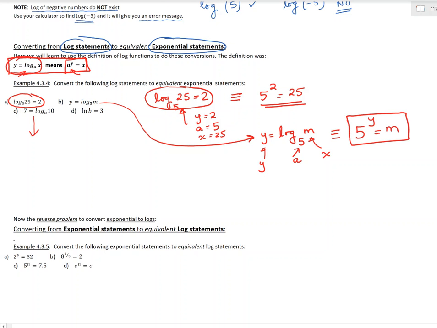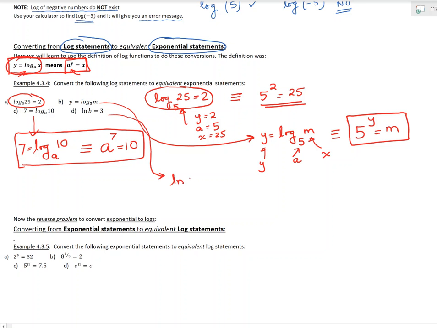Next one. So now we want to do it for this guy. So 7 is equal to log of 10 to base a. So what's the equivalent of it? So its exponential equivalent would be a raised to the power y. So a is a, y is 7, equals x, and x is 10. So these two are equivalent statements. And finally,